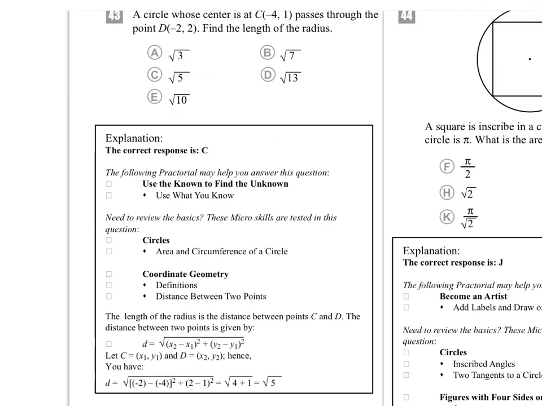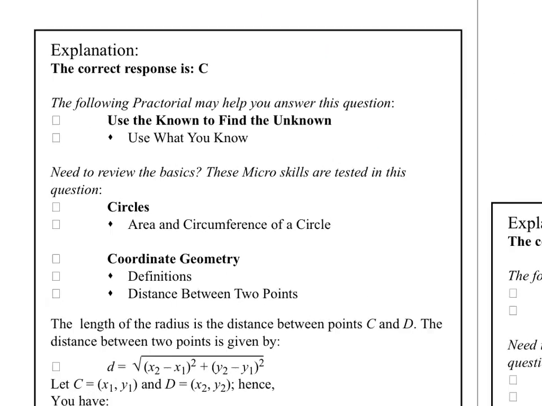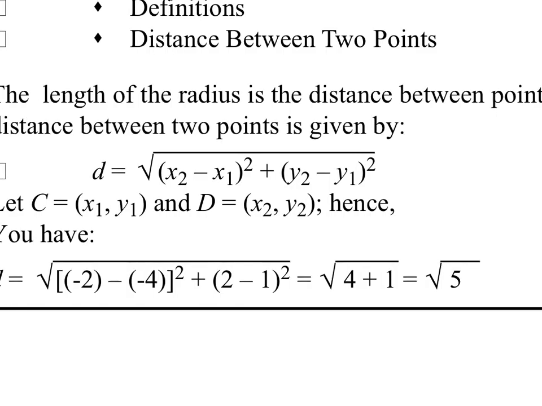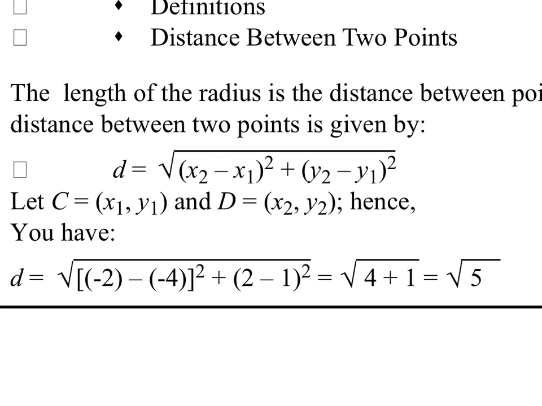Alright, for this one, it should be negative 4, 1 and negative 2, 2. Between these two points, you'll find the length of the radius. So down here is the distance formula. You have to know this for the ACT test. It's the difference starting with x2. Actually, it doesn't matter which one you put first,